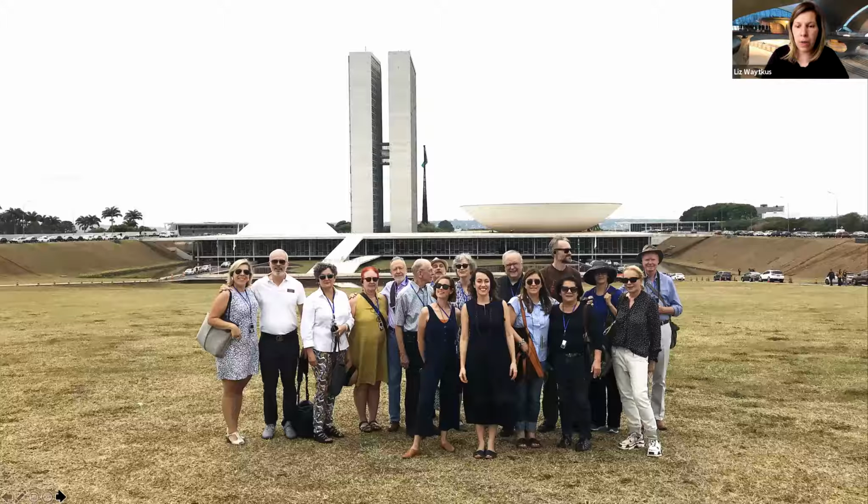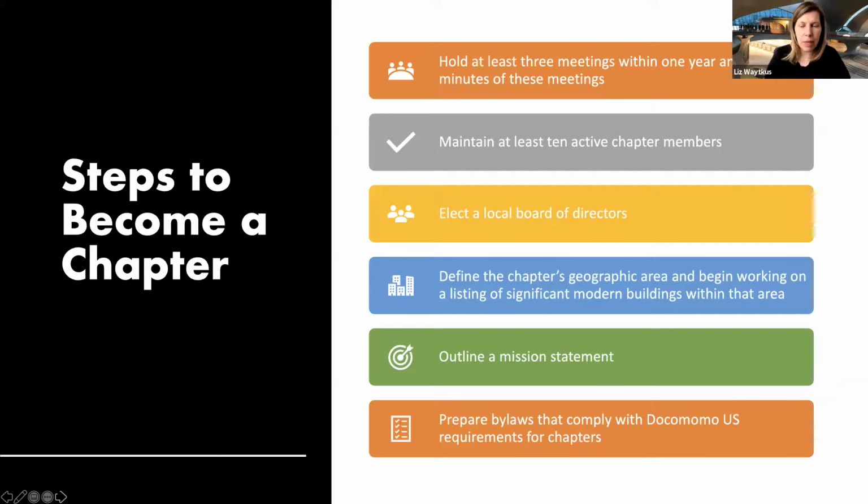We also are now leading international travel tours, and this is an international trip. I think Brittany is actually on this call, and she is in this picture, that we led to Brazil 2 years ago, and here we're standing in front of Brasilia. All right, so that is really the background on